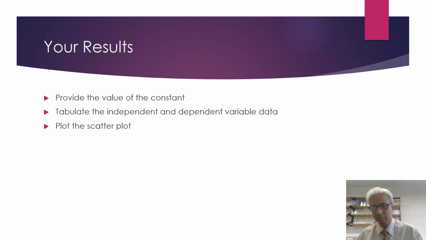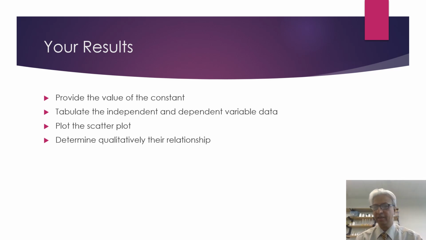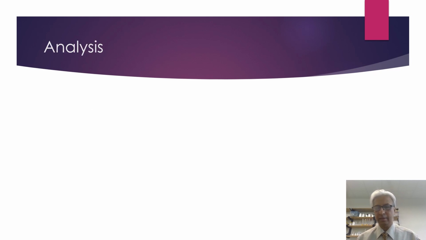Now, depending upon what your pair of variables were, from the scatter plot, determine qualitatively the relationship. Does it increase or decrease, or is it increasing at a decreasing rate, or do you find any discrepancies or outliers or something like that? Now, to analyze this data,